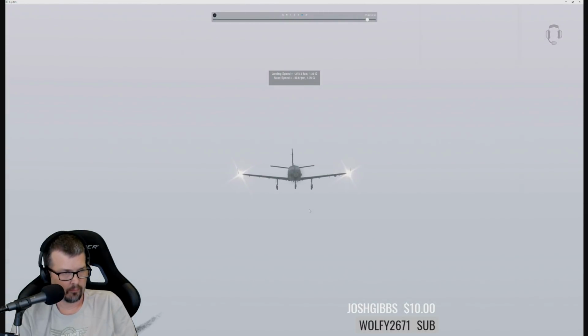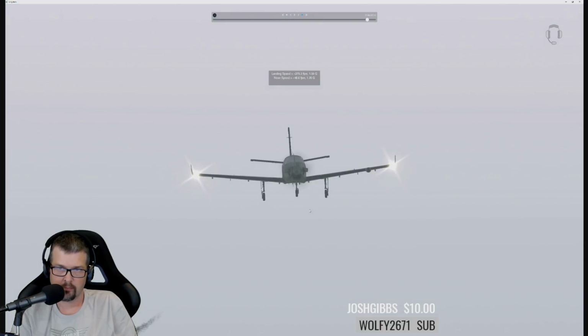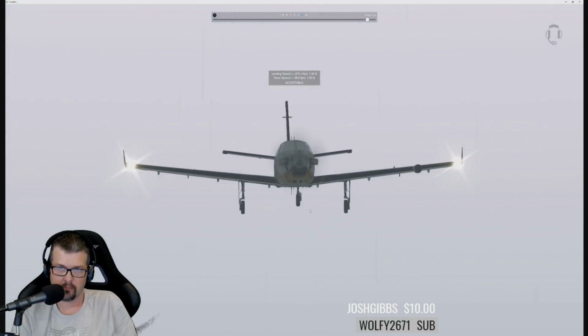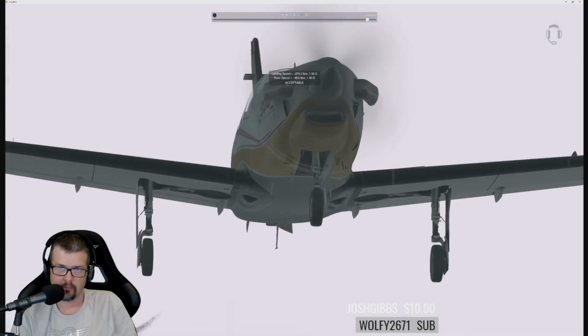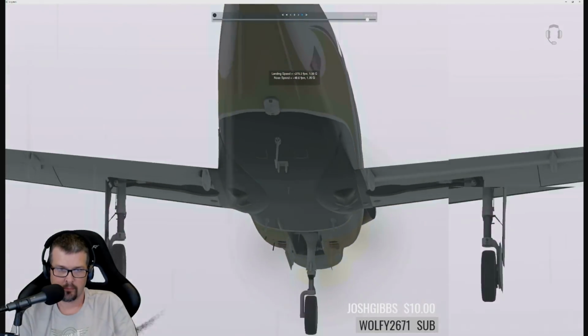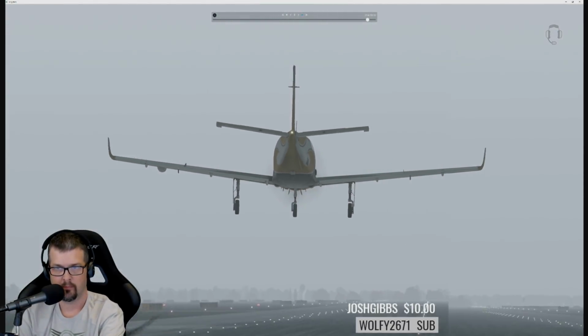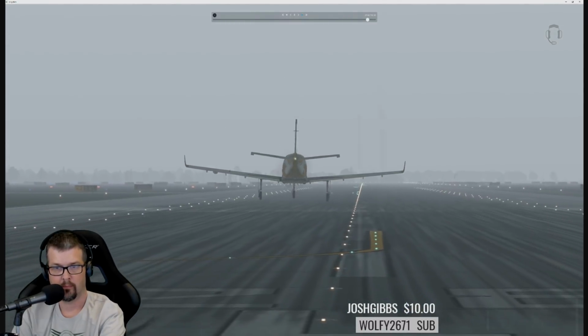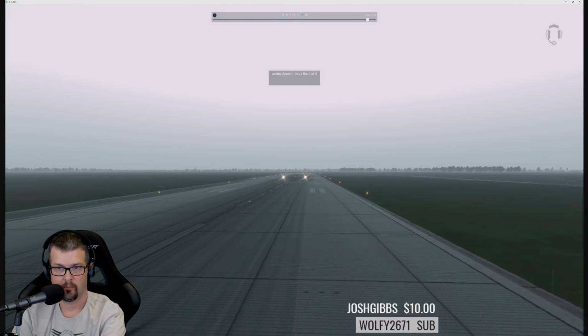So that's what it uses. If you don't have a digital elevation map in the DSF, then obviously it's not going to show anything. It's basically going to think that terrain is all flat. Now, so far, the only thing that I understand that generates DSFs without a DEM included,